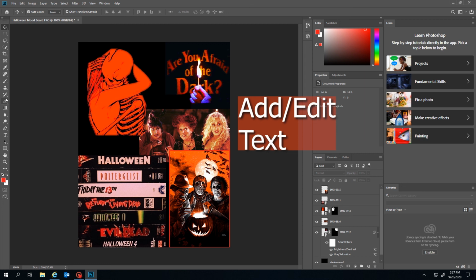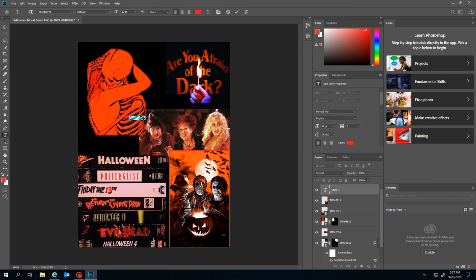And now I'm going to teach you guys how to add and edit text. So there's that text option on your side panel. And I'm just going to type in Happy Halloween. You guys probably can't see it well because of how small it is, but